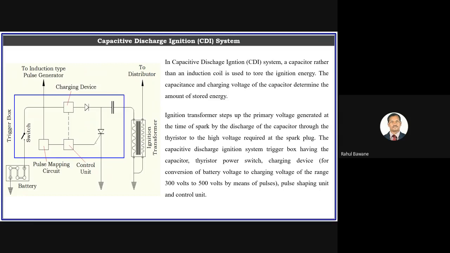unit and control unit. As this is a subject of applied thermodynamics, it is not the core subject of electrical or electronics. So it is not expected to know how your thyristor or transistor works, how your capacitor works, how your induction coil EMF is used and all this. It is not in depth how the electrical or electronic parts actually work. It is basically how it is used in your IC engine mechanical parts. So this much description is enough to score the marks.